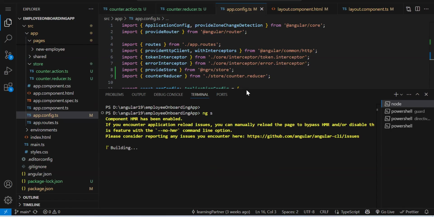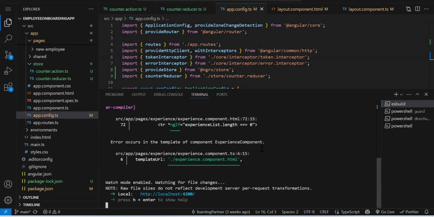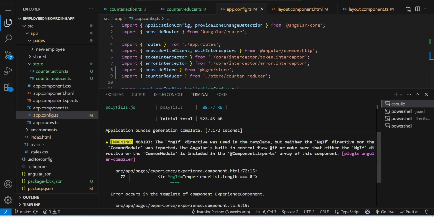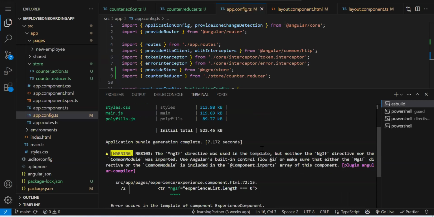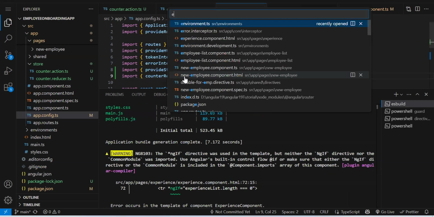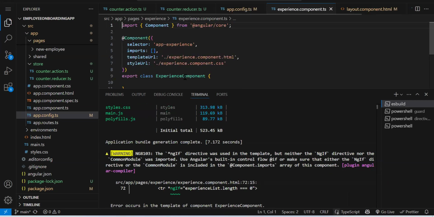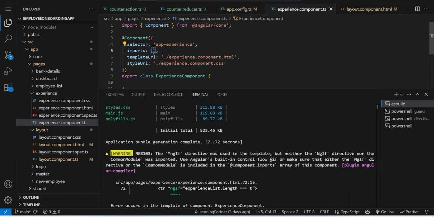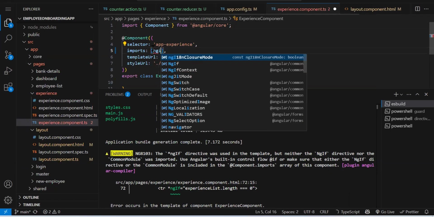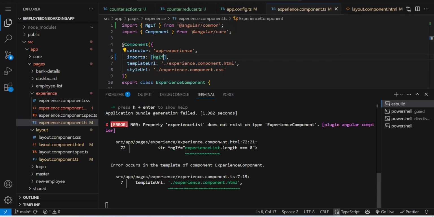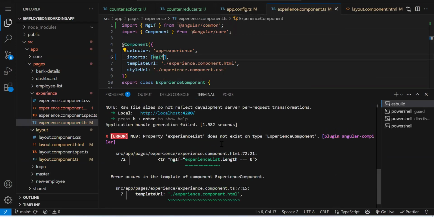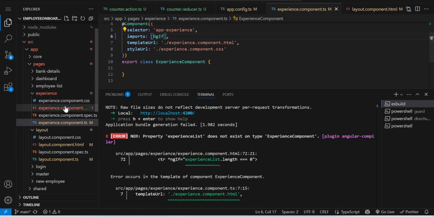I think the sequence is wrong. ngIf also it is not understanding. ngIf where experience component. Property experience list does not exist.